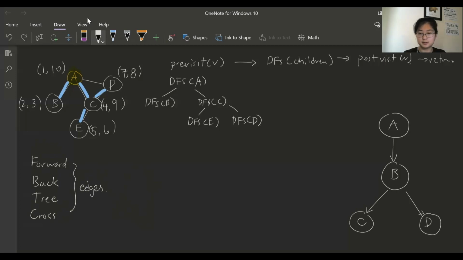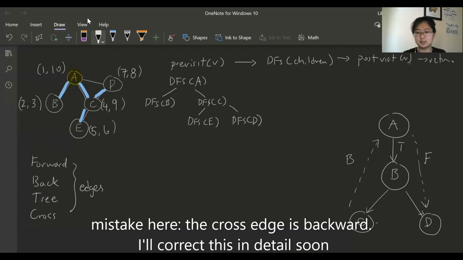So what are they? A forward edge is from a node to its non-child descendant. So an edge from A to D would be a forward edge. Now a backward edge is going backwards, so it's from some descendant to its ancestor. This is a back edge. A tree edge is something that exists in the DFS tree, so it's pointing from some node to its child. So this is a tree edge. And a cross edge is something that's none of the above. So this would be